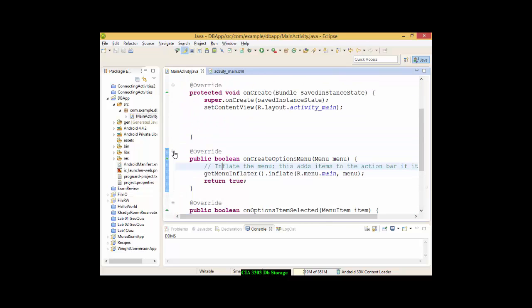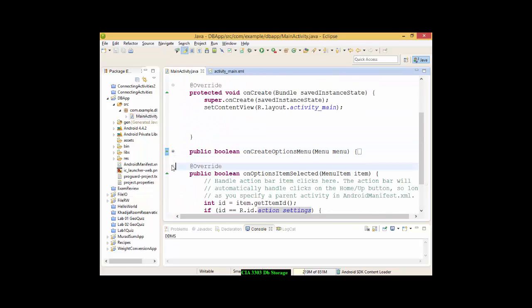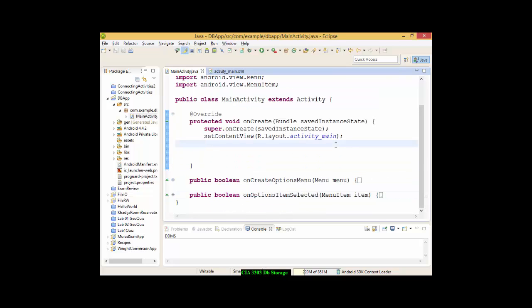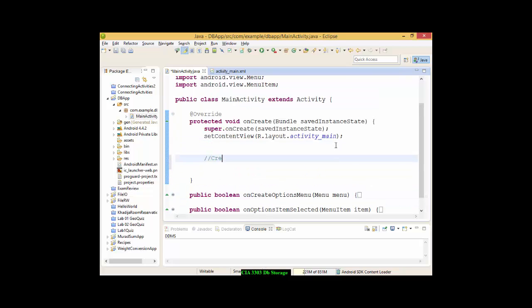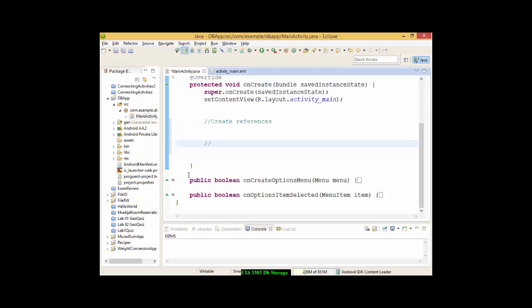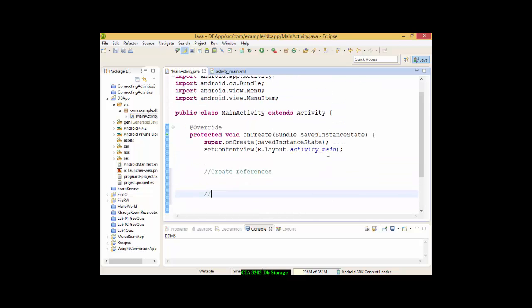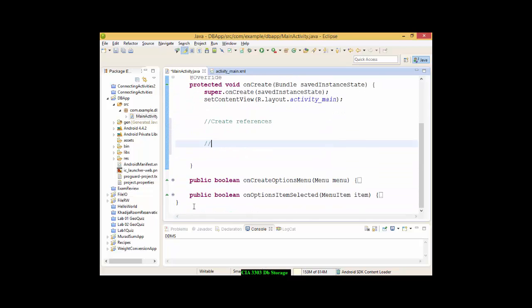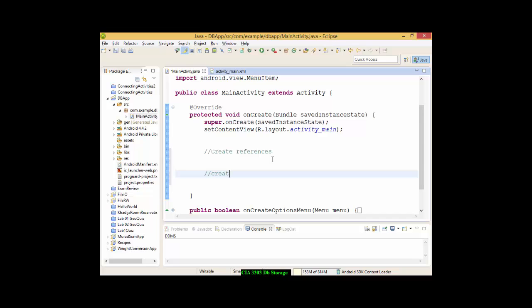So the other way to do it is just to minimize them and then again create references. No, it's not wrong, you can delete them or you can minimize them like this, but please make sure you are not deleting the brackets, the outer brackets. You know this bracket, it closes the class. Create references, then create onClick listener,